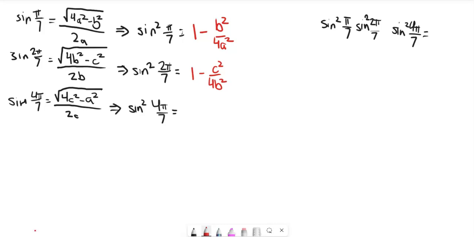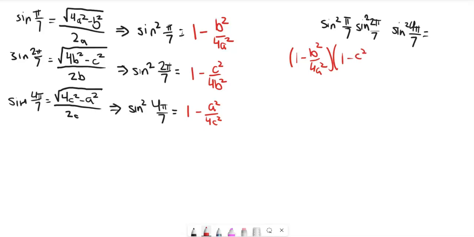And similarly, for the sine of 4 pi over 7, it is the square root of 4c squared minus a squared all over 2c. The analog of that squared, with the algebra being reduced, will be 1 minus a squared over 4c squared. Now off to the right here, I have sine squared of pi over 7 times sine squared of 2 pi over 7 times sine squared of 4 pi over 7. I'm going to write their algebraic